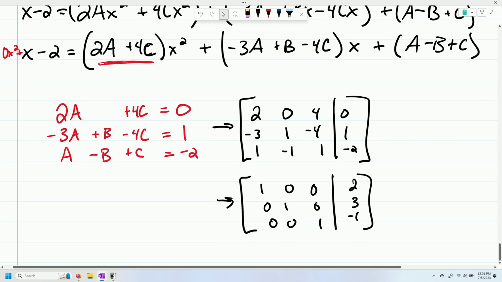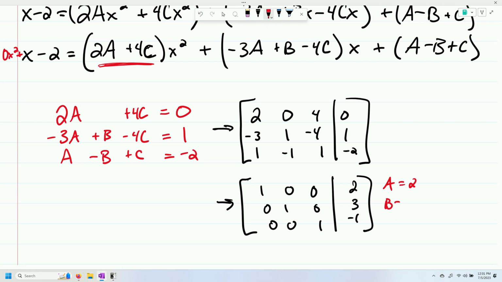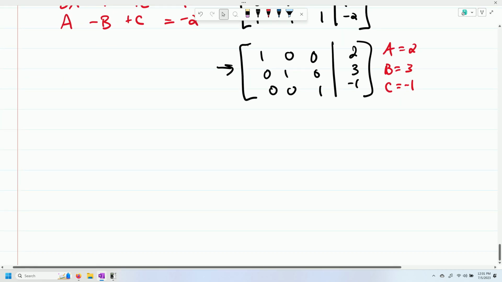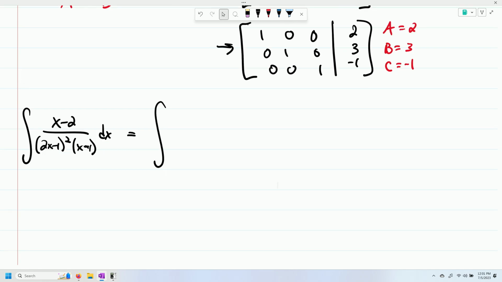All right, and what this means, everybody, is A equals 2, B equals 3, and C equals negative 1. Okay? So we can go ahead, substitute these in, and then we can try to integrate this as easily as we can. So remember, we had the integral of x minus 2 over the quantity 2x minus 1 squared, x minus 1 dx, is equal to the partial fraction decomposition of